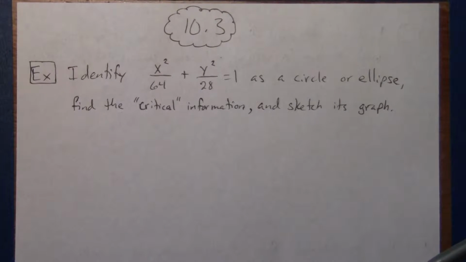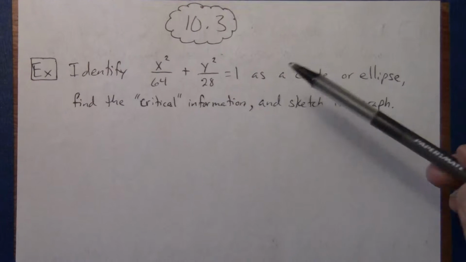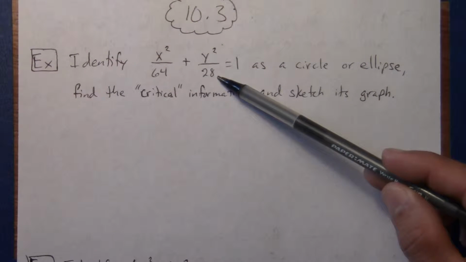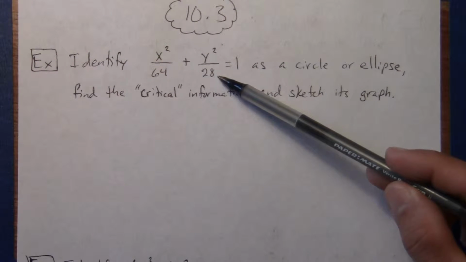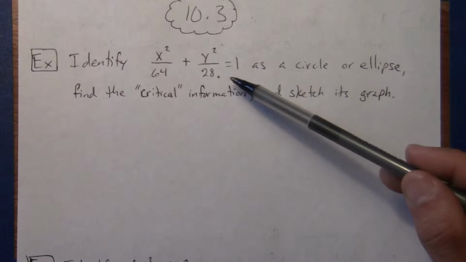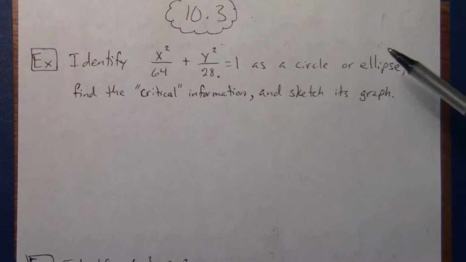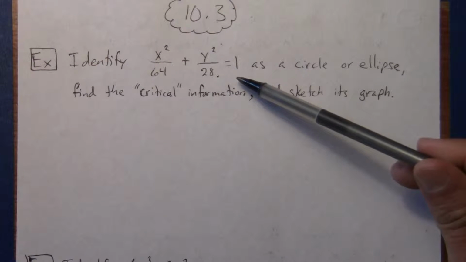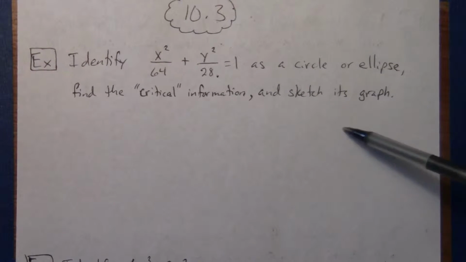Alright, section 10.3, I'll take a look at 4 problems with you today. We're going to start by identifying whether this equation is an ellipse or a circle, finding the quote-unquote critical information. If it's a circle, we would be finding the center and the radius. If it is an ellipse, we would have to find the center, the vertices, the foci, and then sketch its